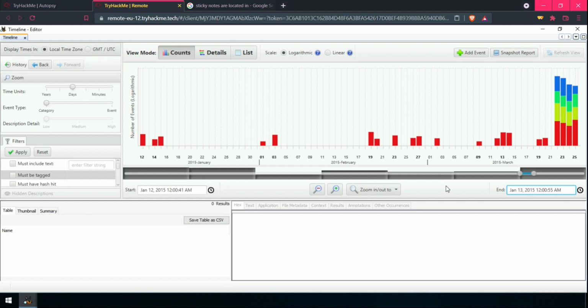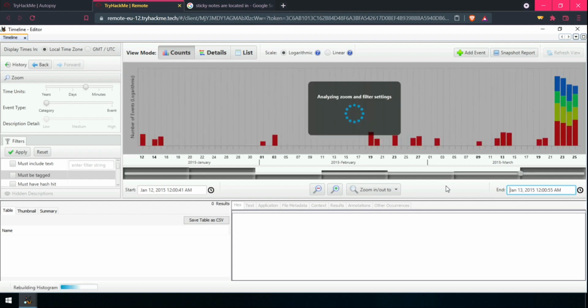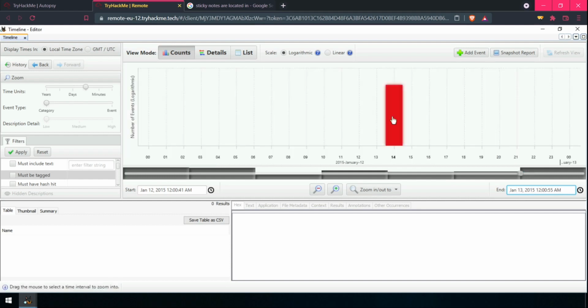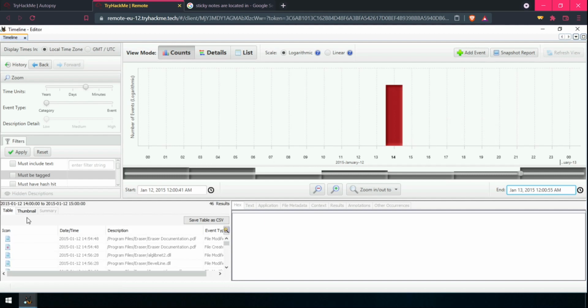Okay, so I have searched, and we can see on this day we are finding some things. There were 46 results. As you can see, there are 46 results. That means the number of file events that occurred on the 12th of January 2015 was 46.